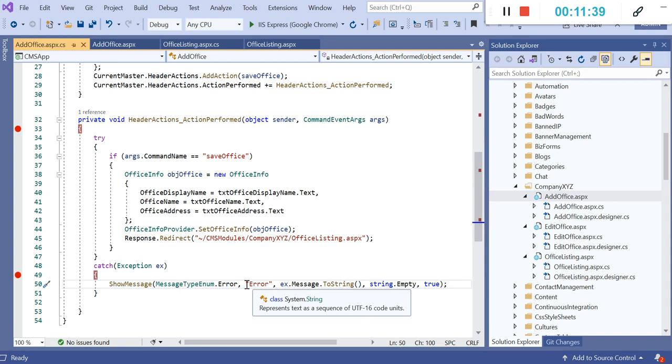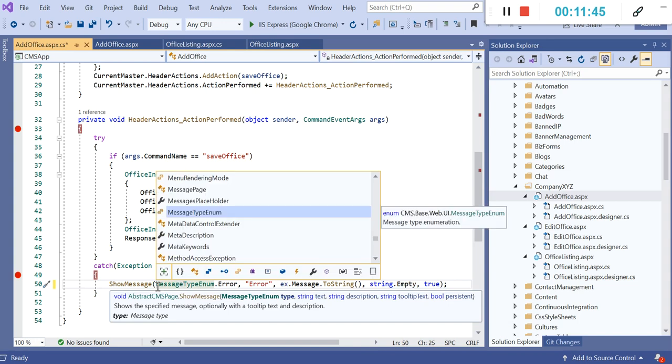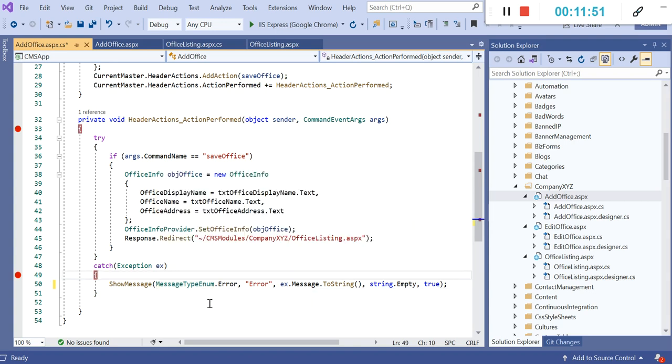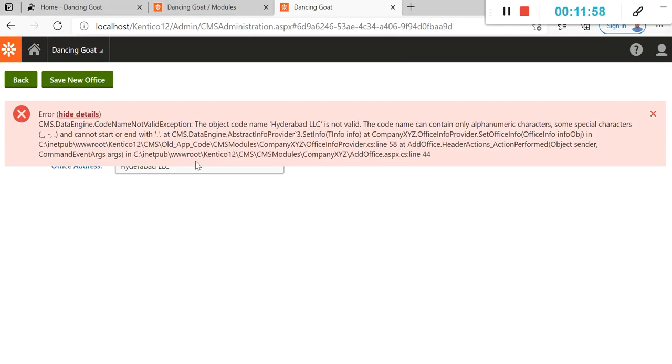Let's check the constructor. You can see it has four parameters: enum, string, description, tooltip and persistent. We have given all the parameters, and with the help of this show message we are returning the error to the page UI itself.